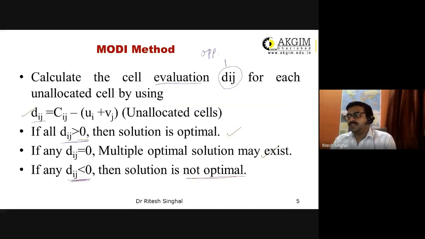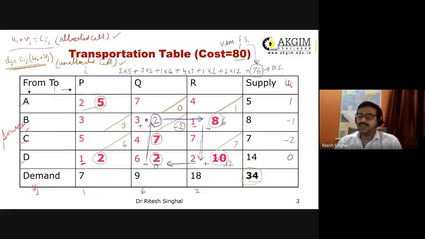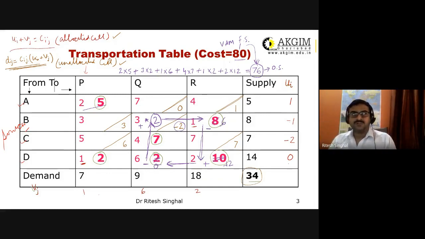So this is the working of Modi's method, and how it helps us get the optimal solution of a transportation problem obtained from any of the methods, either NWC, LCM or WAM. So students, I think you have understood this method, and you can use it in questions wherever it is written that you need to find the optimal solution. Please mind it: whenever you are asked to find the optimal solution, only then should you apply Modi's method. Otherwise, there is no need to apply this method.